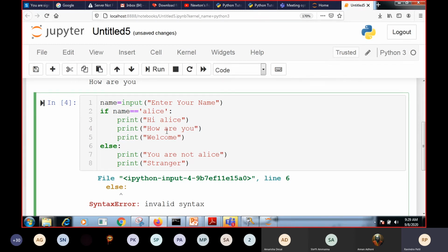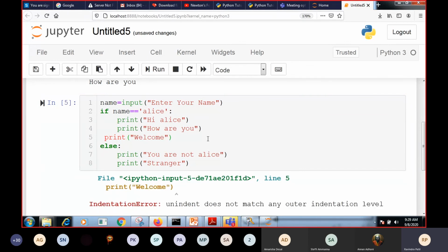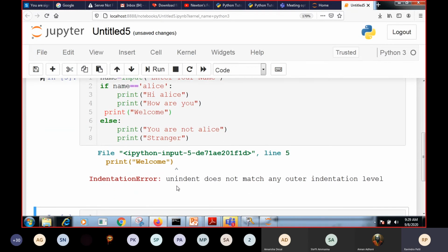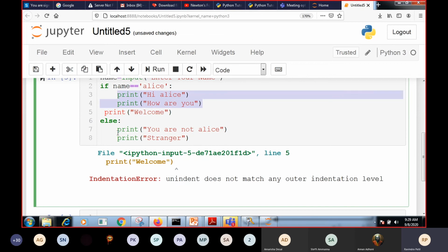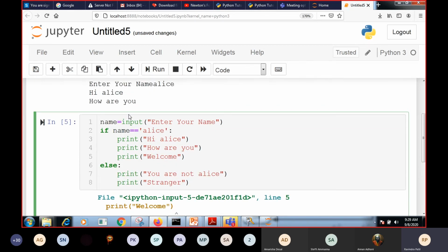And for a moment, assume that I am changing just this indentation. In that case, we are going to encounter red color. Red color means this particular statement is not properly indented. In that case, you are going to get this type of error: unindent does not match any outer indentation level. That means this is the first block of statements, this is the second block of statements, and this statement is not under the first block or the second block or any block. Because of that, it leads to an error, and this error can be fixed by using the same space.